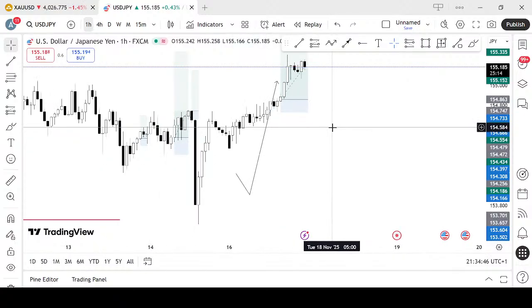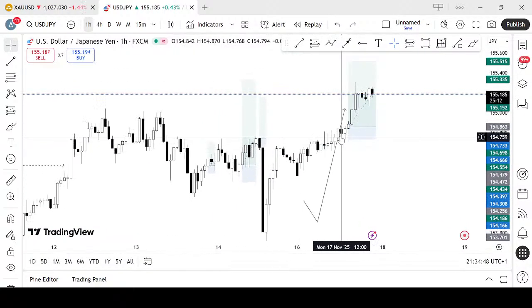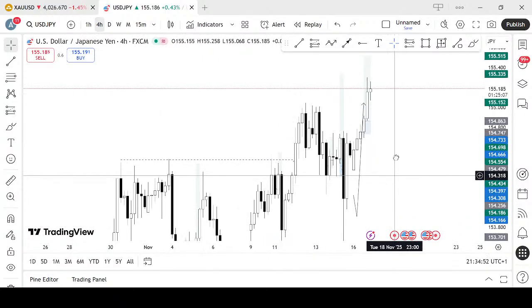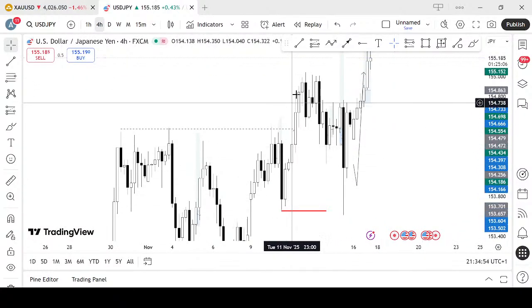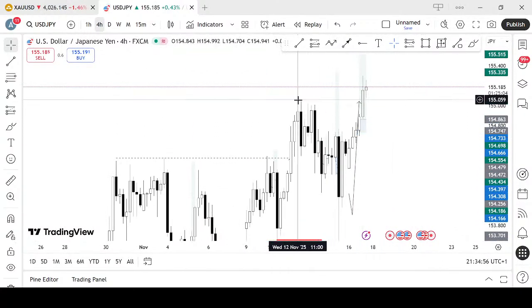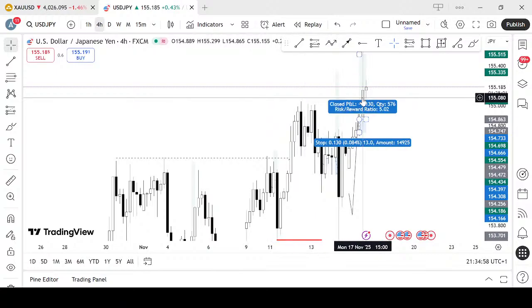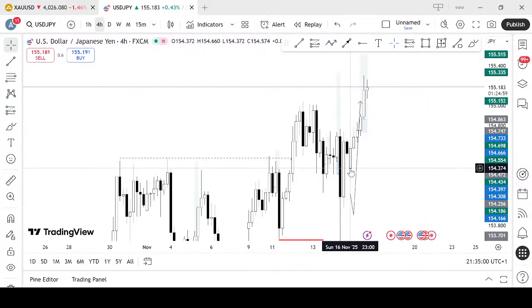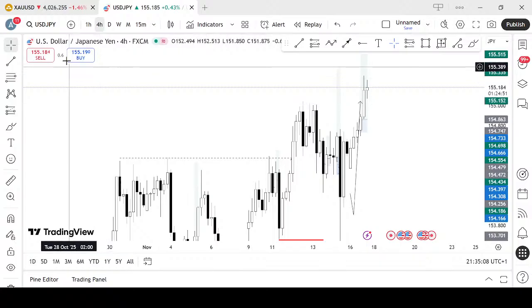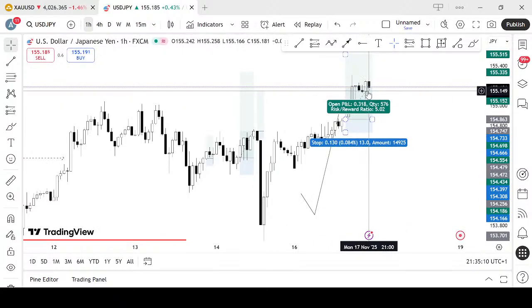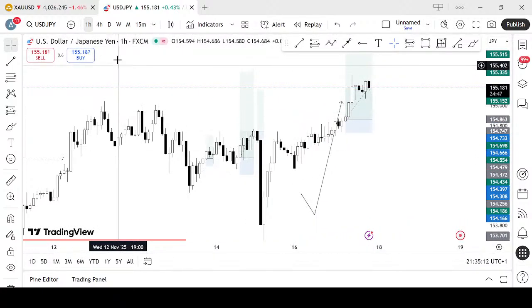On USD JPY, I saw this entry here. We've been bullish for a while also on USD JPY. You can see this range is still valid, and price made a new higher high today, and the move started from the low right here. There was a little selling activity here that formed a low, for the price, yes, this particular one right here.